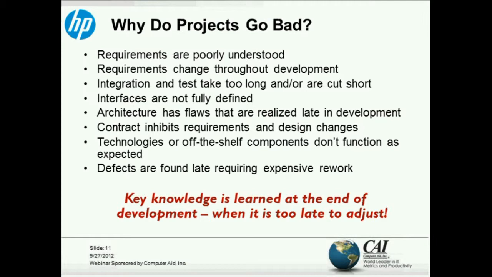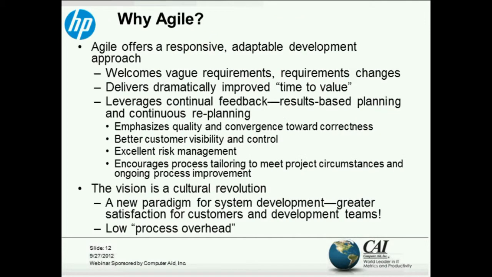Planning is great. Planning works well, and plans are necessary. But in reality, plans and designs and requirements and even the products that are created need to change, and need to change frequently. The type of conventional project management and product development that we just described doesn't enable that frequent change. And that's the primary focus and the primary reason why Agile development was created, because it offers a responsive and adaptable development approach. It welcomes vague requirements as long as there is a clear vision.